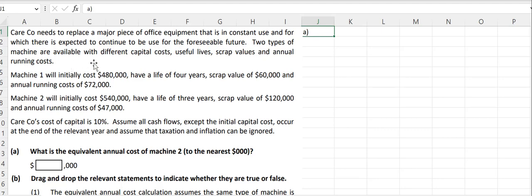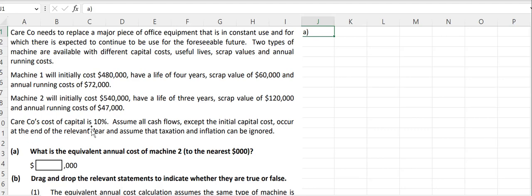Two types of machines are available with different capital costs, useful lives, scrap values, and annual running costs. Machine 1 will have an initial cost of $480,000, a life of 4 years, a scrap value of $60,000 and an annual running cost of $72,000. Machine 2 will initially cost $540,000, have a life of 3 years, a scrap value of $120,000 and an annual running cost of